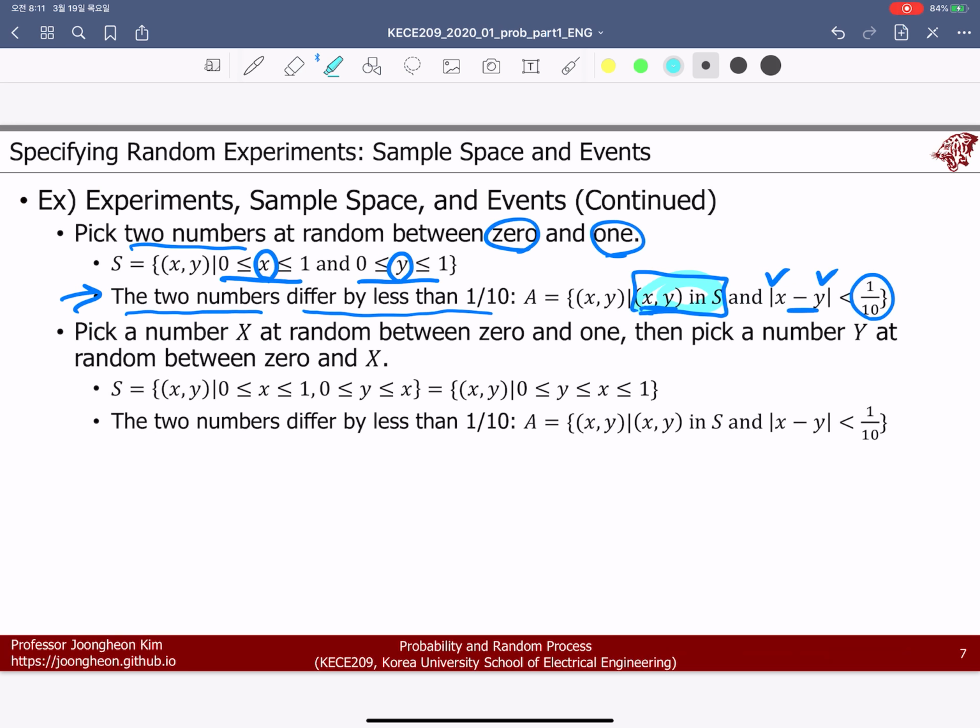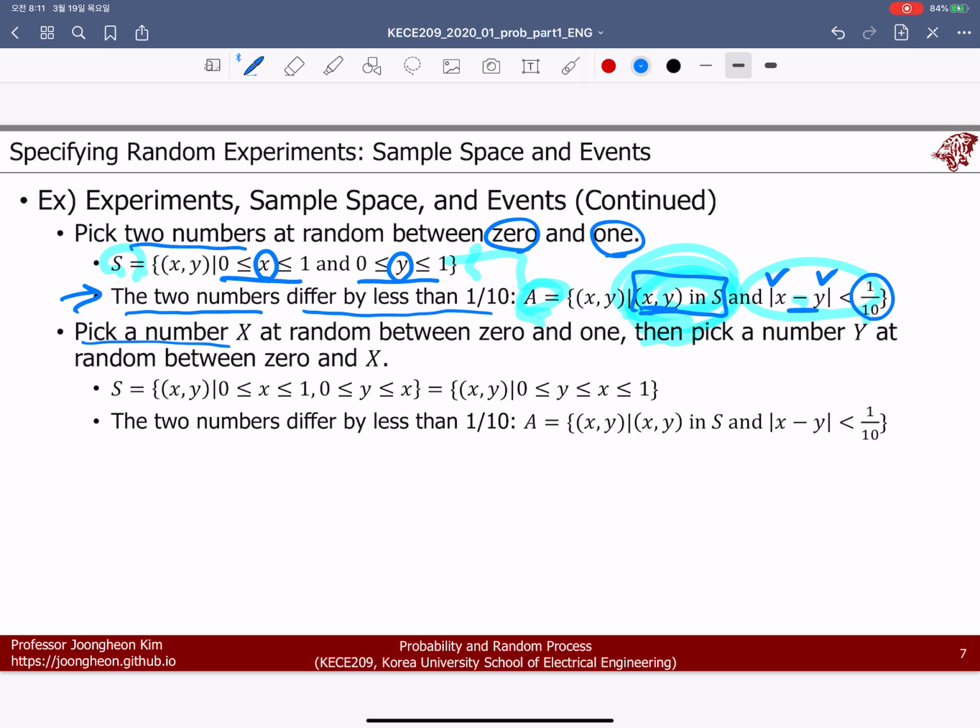But in this case, we have to write this down, because only this one cannot say that this A is a subset of capital S. That's why we need this definition. You need to be careful about this one. Now this is very similar, but a little bit different. Here, as you can see,